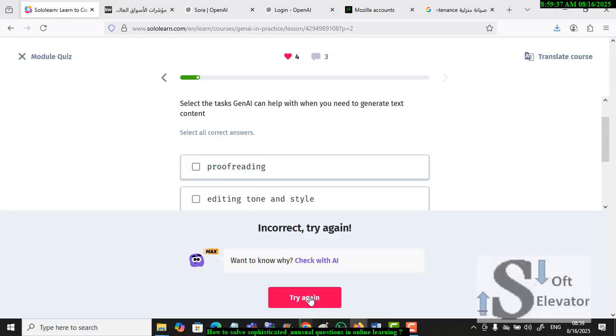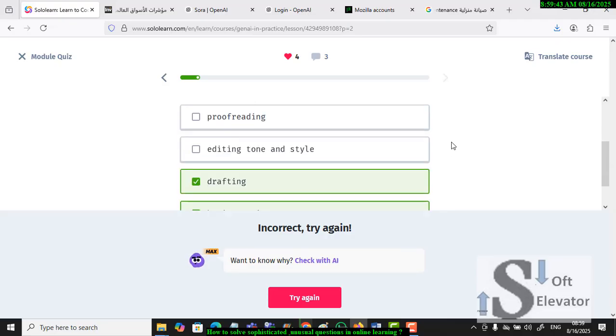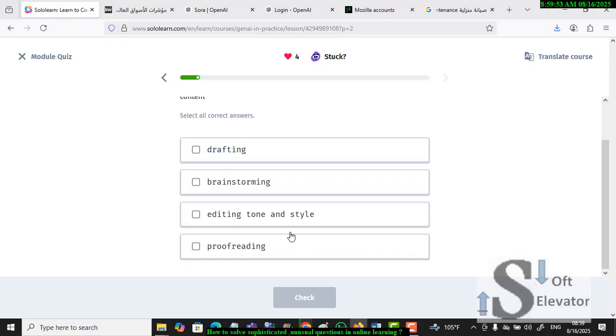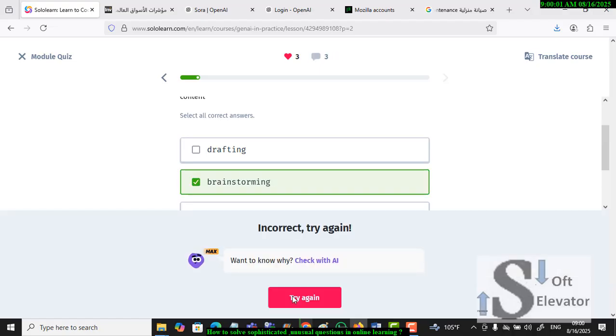Still the problem is incorrect. So here the AI failed. So try again. Brainstorming and proofreading, editing tone and design is not neat. And check. Still